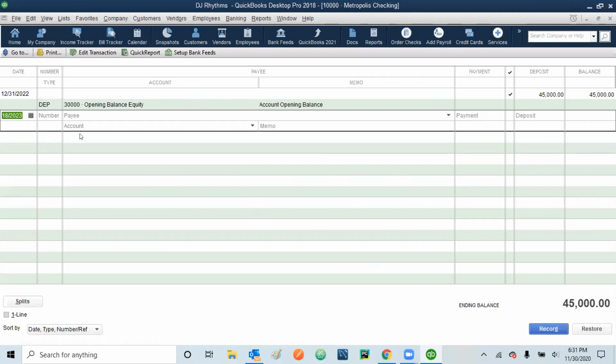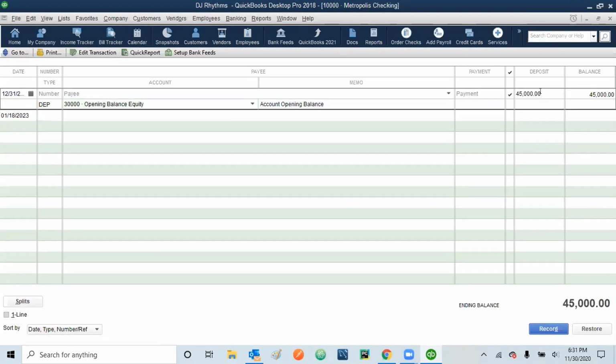So now in this one, we have a deposit of 45,000. System is telling us to change it to 40,000. Always remember, this is not a good practice, but just for the sake of correction or for the sake of learning, we are doing it. We don't make changes like this one in the real business. 40,000. So once you update it, click tab, and then tab, and then tab.